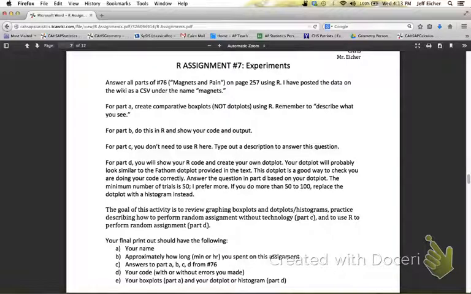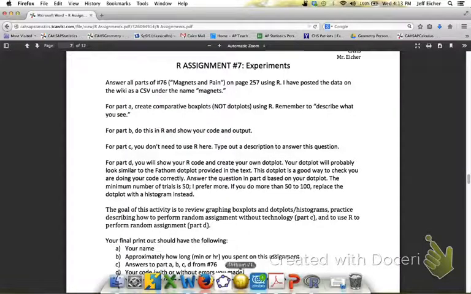I'm Mr. Eicher and I'm going to be talking about some steps for how to do our assignment number 7 about magnets and pain, page 257, number 76. I'd recommend reading that problem, all the parts, before you start using R. So, as R says,